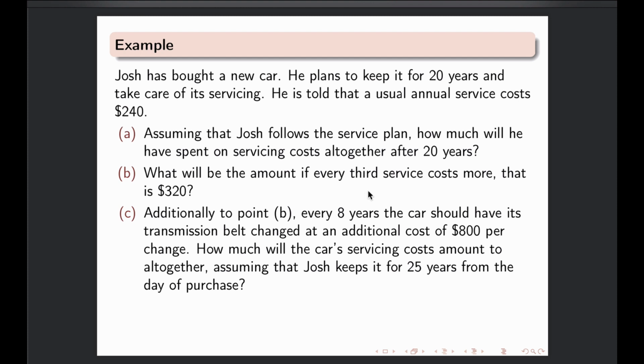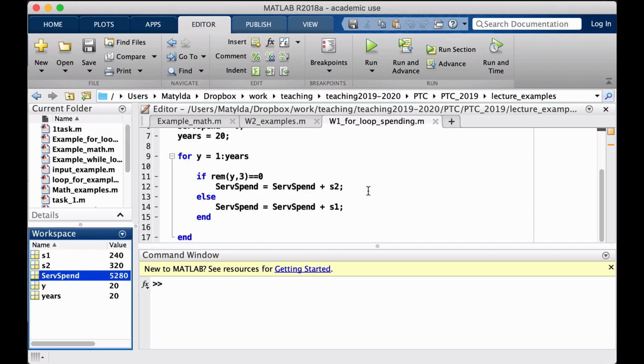Now we hear that additionally to point B, so the one we just wrote, every 8 years the car should have its transmission belt changed at an additional cost of $800 per change. How much will the car's servicing cost amount to altogether, assuming that Josh keeps it for 25 years from the day of purchase. So we have yet another cost, and that means that